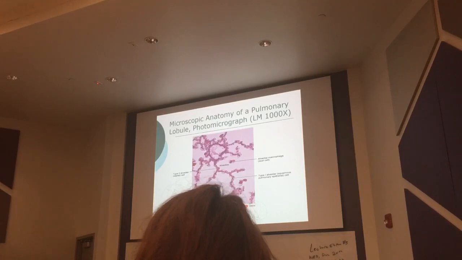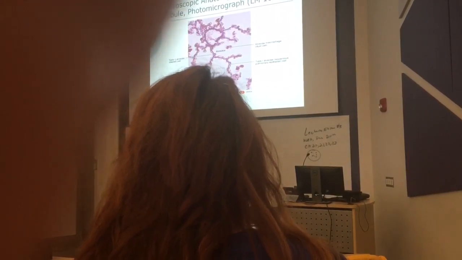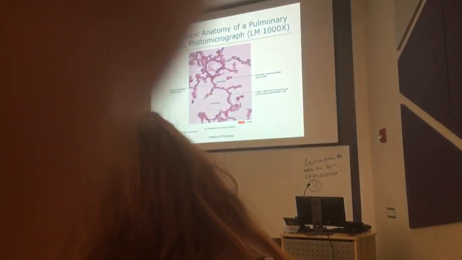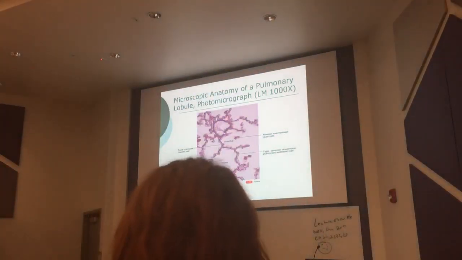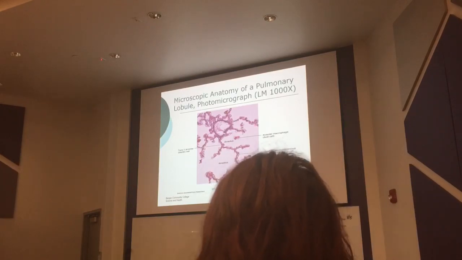Right here, the slide is cut, so it's a slight smear. This gives us 1,000 times normal vision. This would be an alveolus, and these cells here are all simple squamous epithelium. The larger ones, like here, are the septal cells. Here is a septal cell. And this here would be a dust cell, and this is another dust cell.